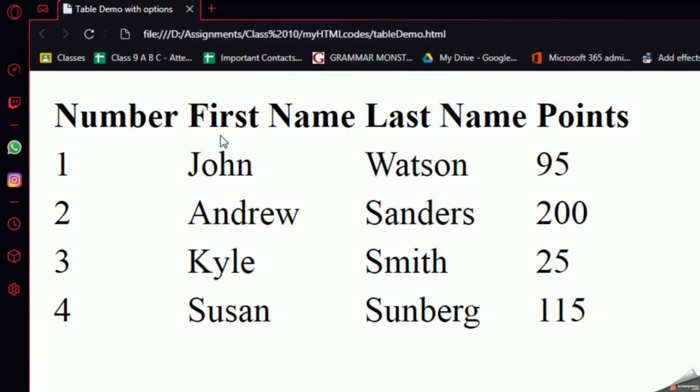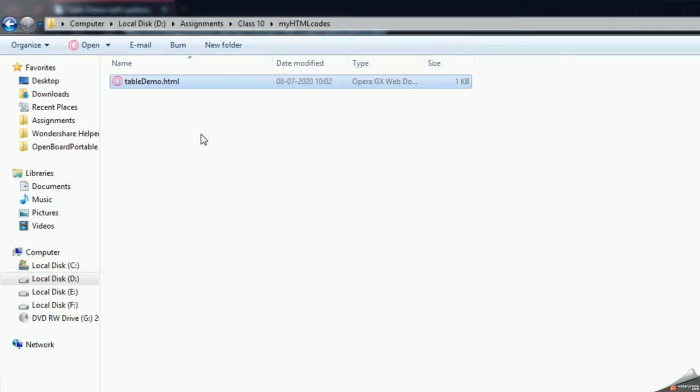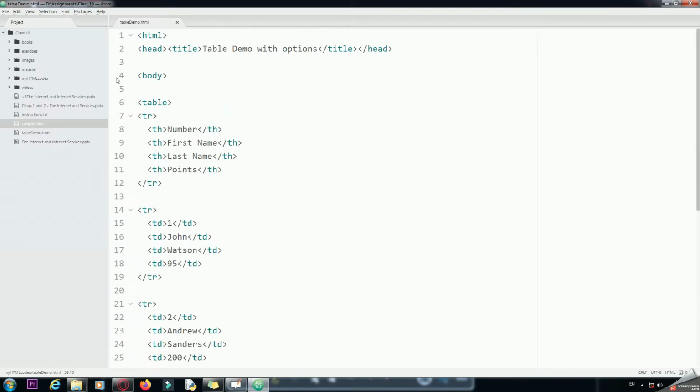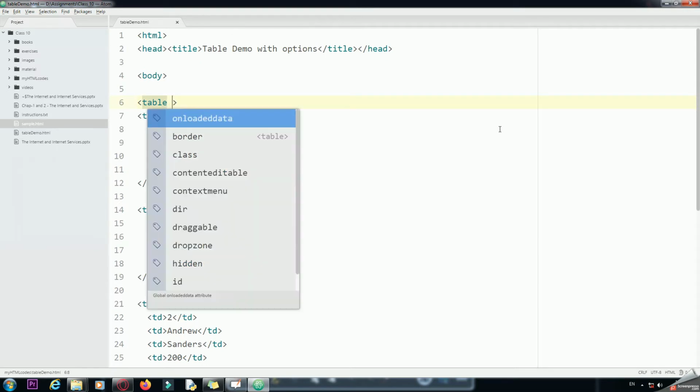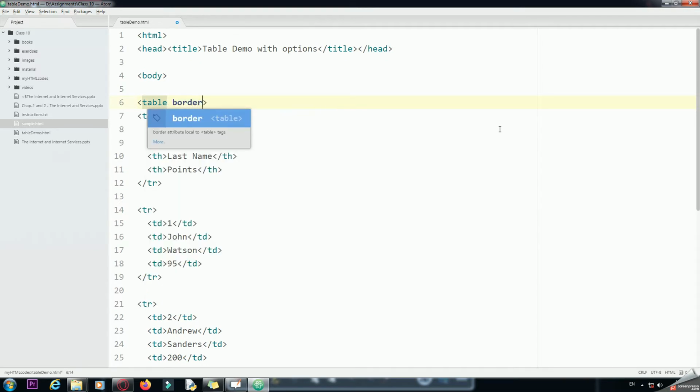So let us provide a border to it first. So we'll come back to our web page here, and now we are first going to add a border to it. So we go to the table tag, add a border. Suppose I give 1 pixel, so I can type here 1 px, or if you want you can simply type 1.